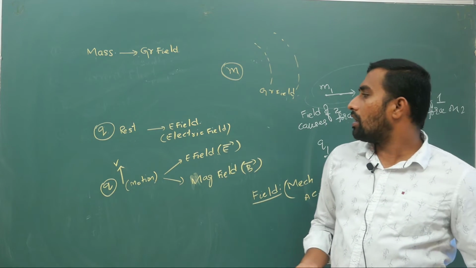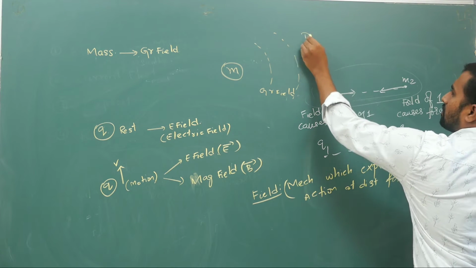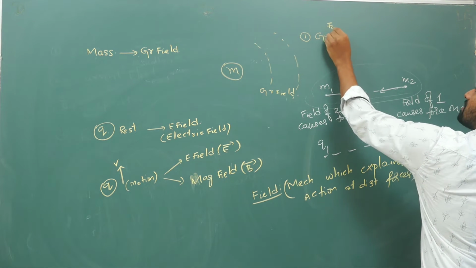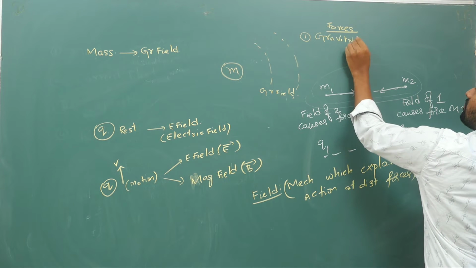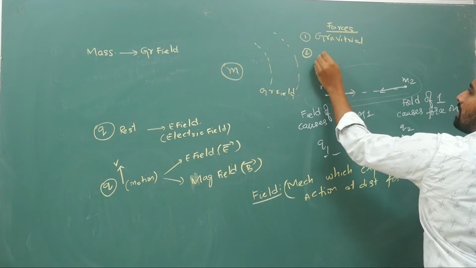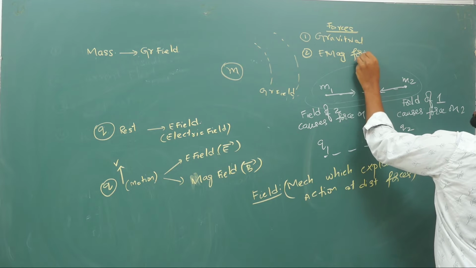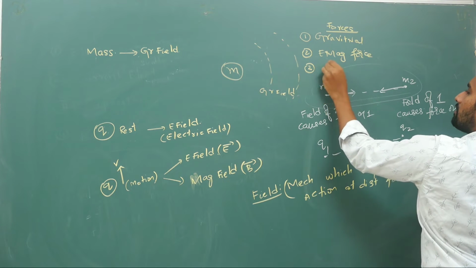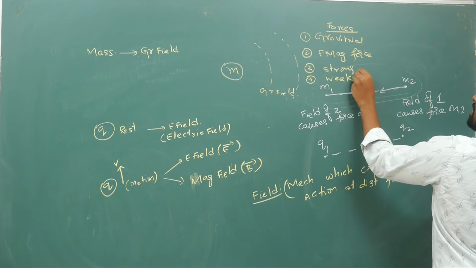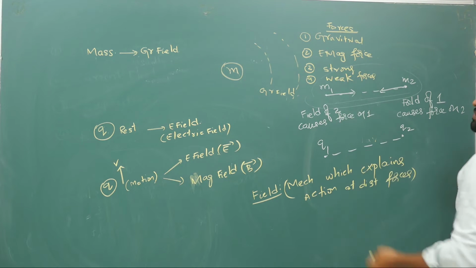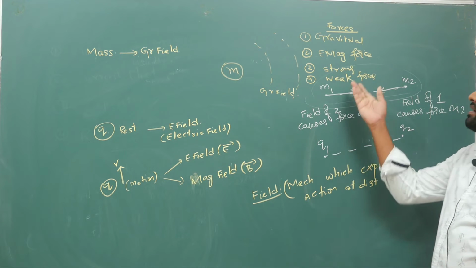Now what we observe is that ultimately we observe only four basic forces. One is gravitational force. Second type is electromagnetic force. Third one is strong forces and fourth one is weak forces. We'll talk about this at nuclear level. We'll talk of surface tension related force and all. They all come under strong and weak forces.